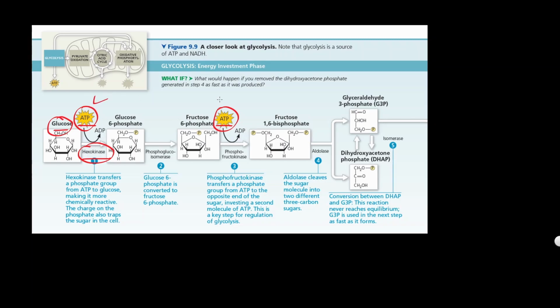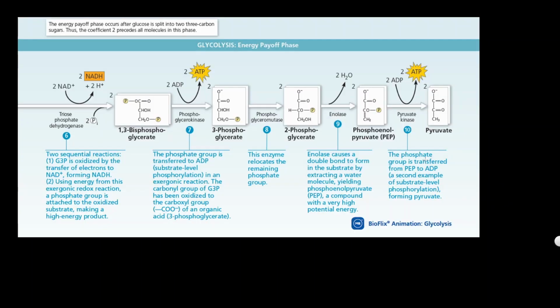So you need to input 2 ATP in the beginning, and at this stage, you don't have to know the stage name. At this stage, it's gonna break it into 3-carbon molecules. You see how you got 3 carbons here. So it's G3Ps. And then what will happen next? Let's go to step 6. So this was what? The energy investment phase, because you used up 2 ATP in the beginning. Okay, if we go to this slide here,